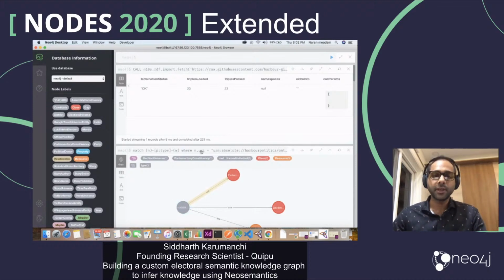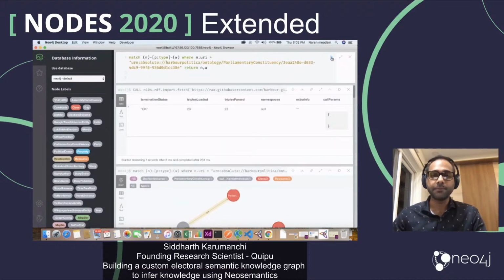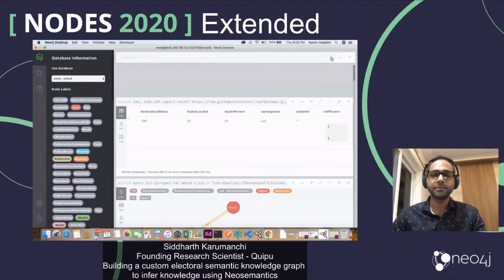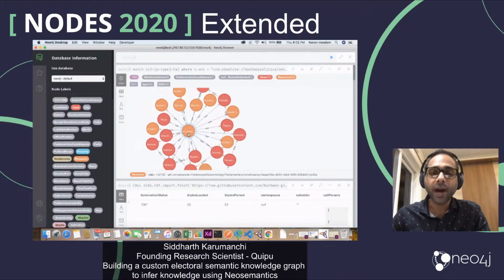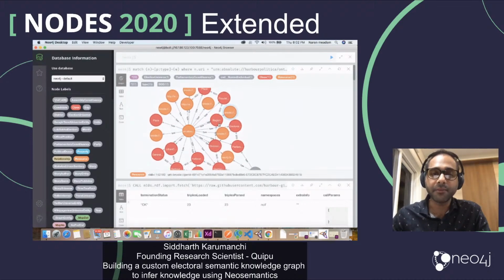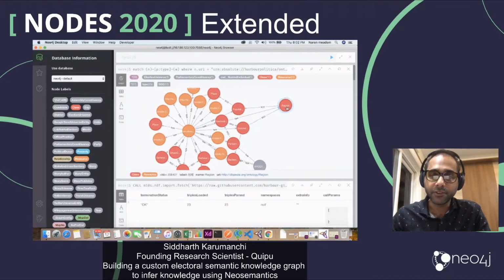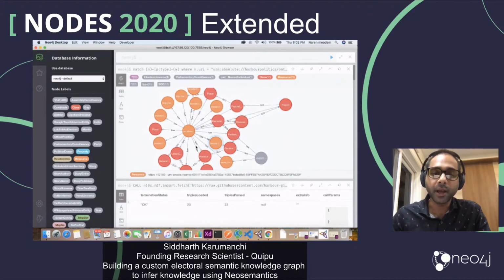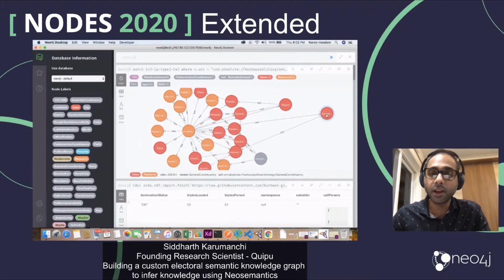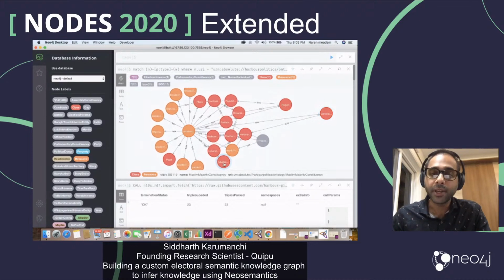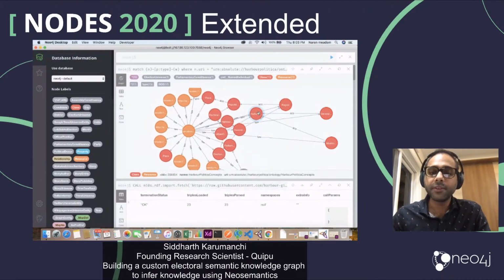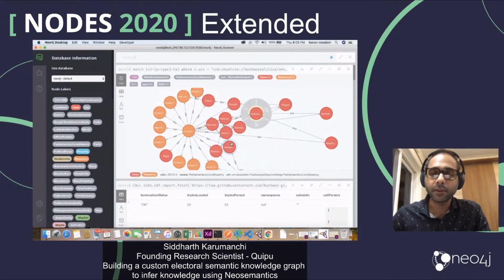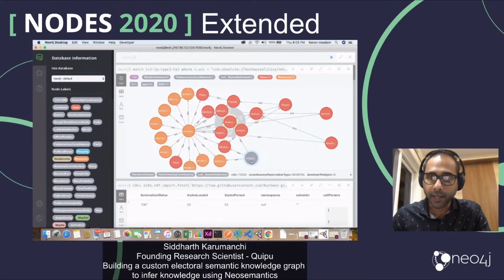So for instance, if I repeat the same query and check, now you see that a lot of other concepts have been identified. It's a type of the region. It's a general constituency. Now it's a Muslim majority constituency. The reason for that is if you look at Hyderabad,